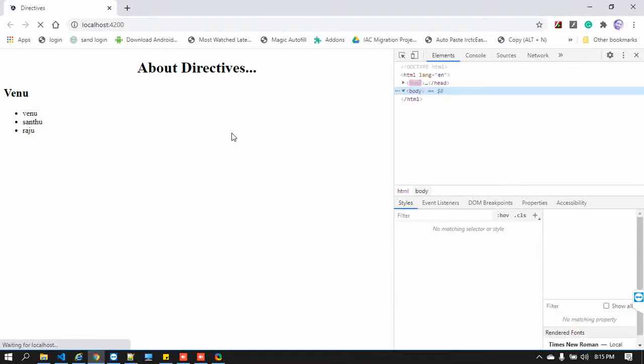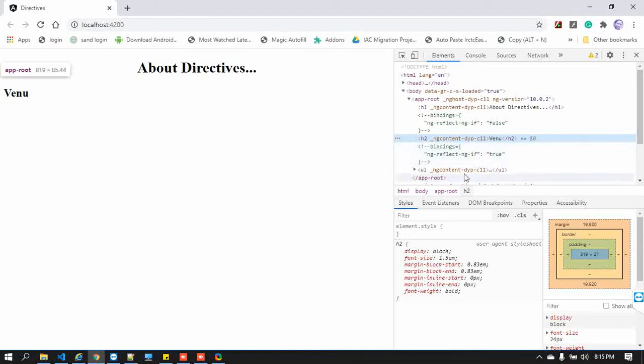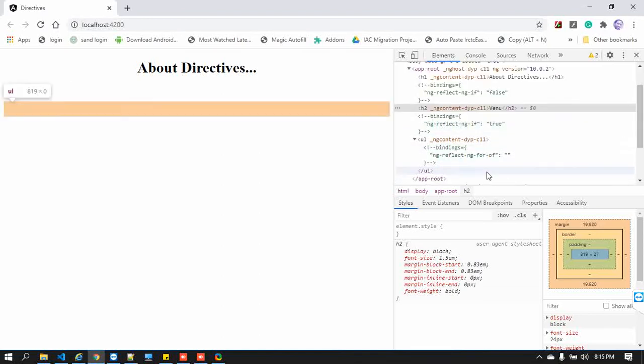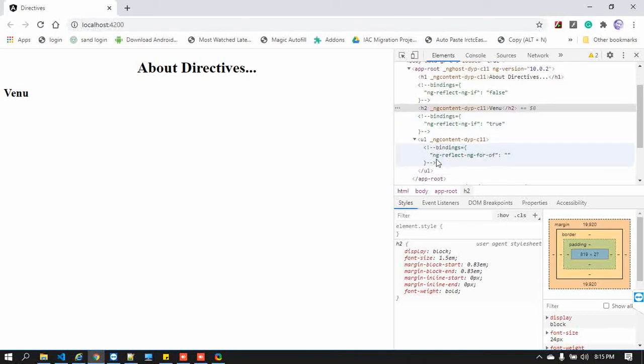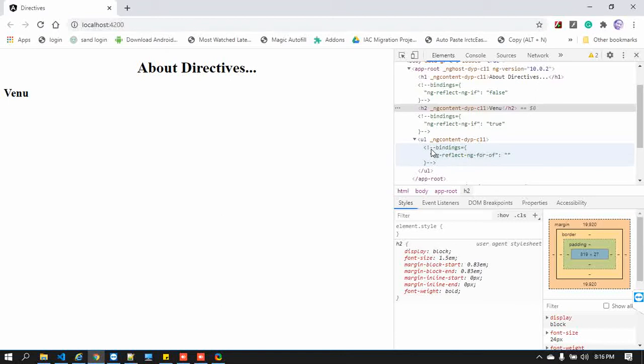Okay, now I'm going to body. You can see you can still see the UL, right? Actually, this is not wrong, but in terms of performance it is not necessary, because we don't have elements. At that time you are not supposed to display this UL. If you have elements, then only display this element. It should be added whenever we have persons in the array; otherwise we don't need to add it.